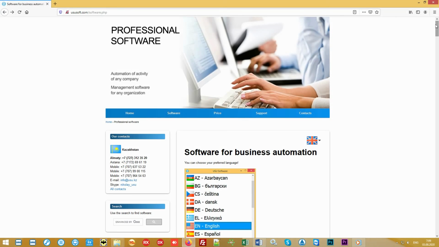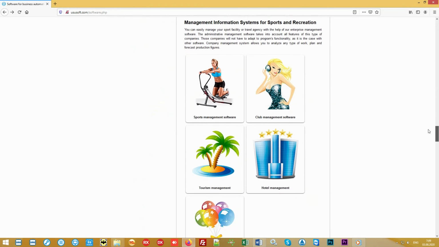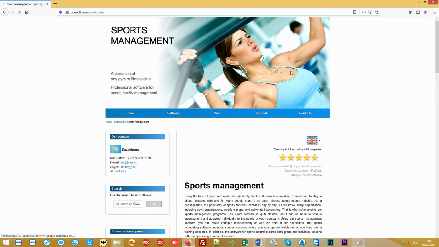We are developing specialized software. We bring to your attention a new generation program for automation of fitness clubs, gyms, children's centers, and any other sports organization. With us you can organize the order, establish full control over all stages of work, increase the number of satisfied customers, keep up to date using the latest technology, and, as a result of all of the above, significantly increase the income of your organization.